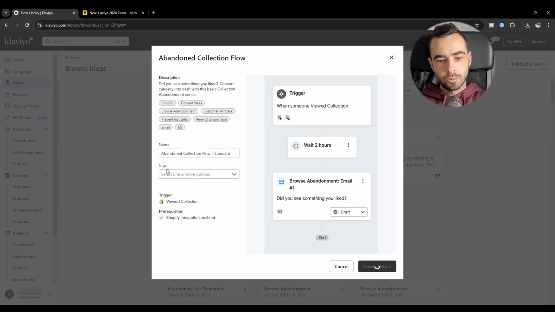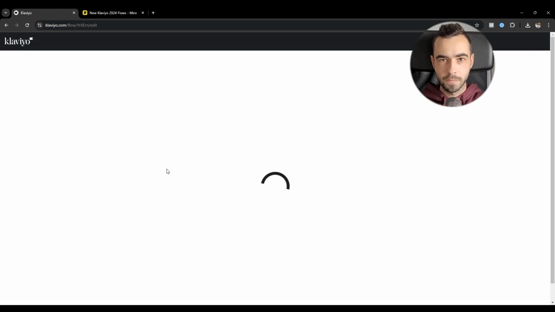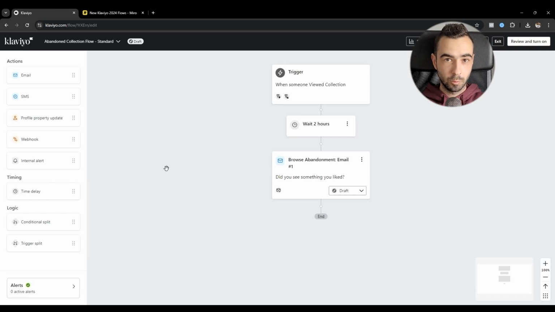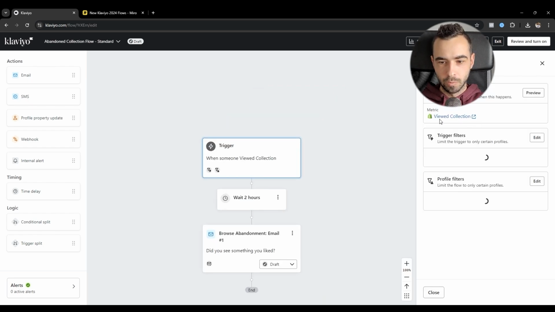And now what this flow does is, previously we had site abandonment and browse abandonment, but we had nothing in between if someone was selecting products through the collection. What it means is that if someone was active on site, they were getting emails. But if someone viewed a collection, they would get the same site abandonment flow because they haven't triggered the viewed product metric. Right now, they have rolled out a completely new metric, which is viewed collection,